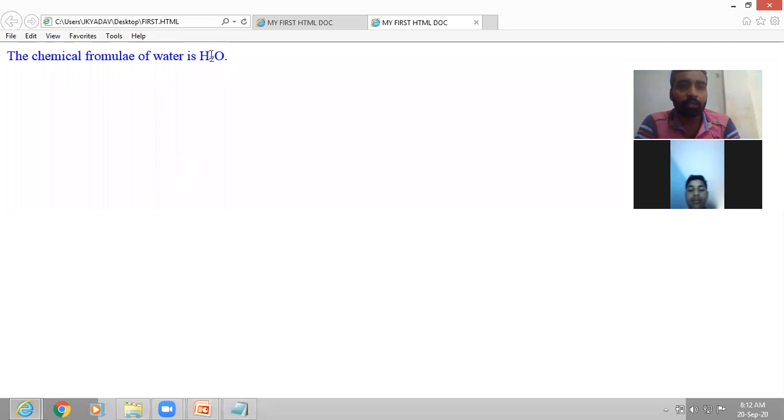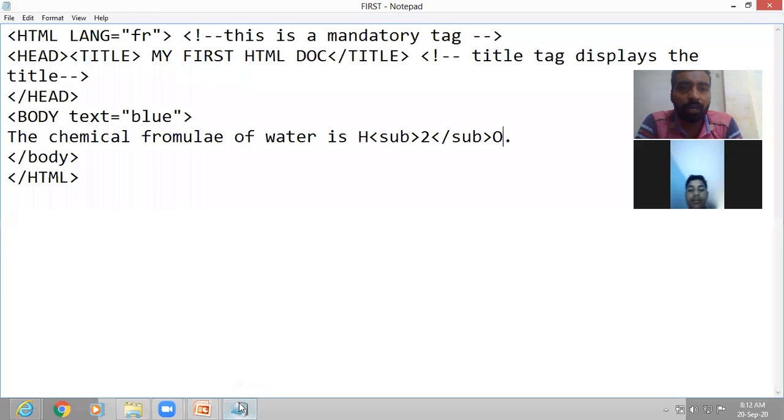This 2, as you can see here, is written slightly below the line, and this is coming because of the tag SUB. That means subscript. This tag is making 2 appear slightly below the line.